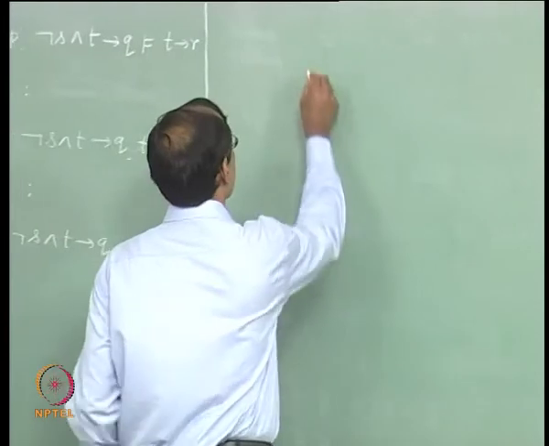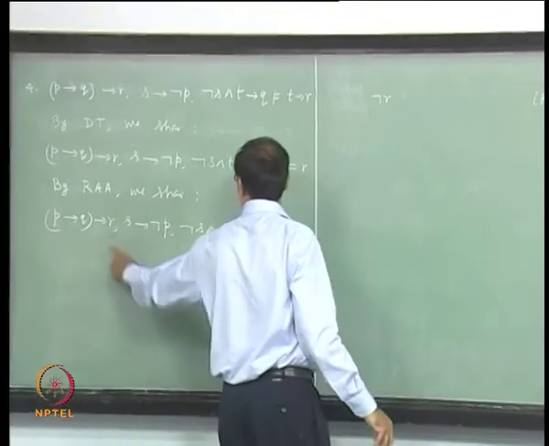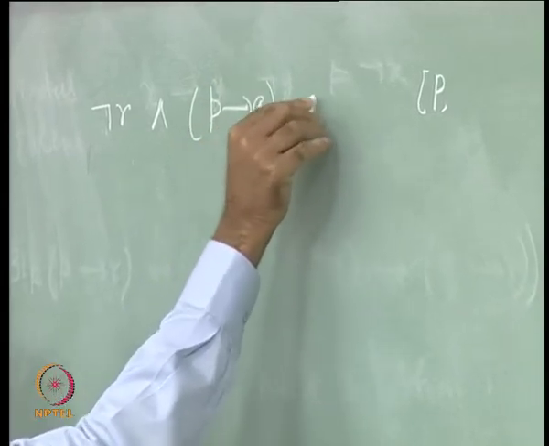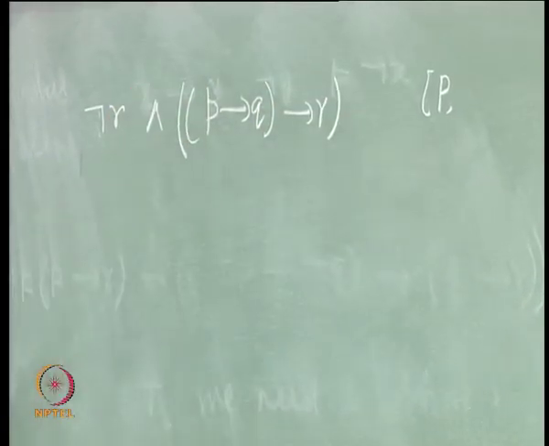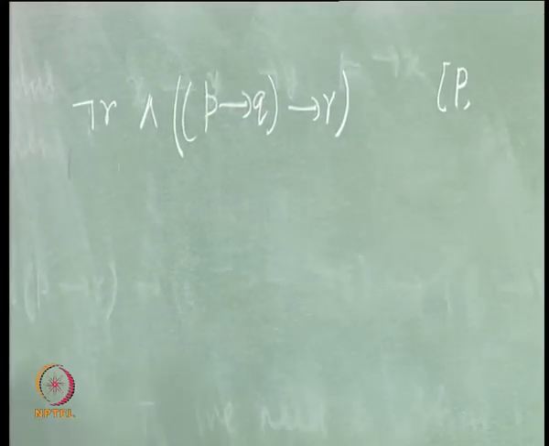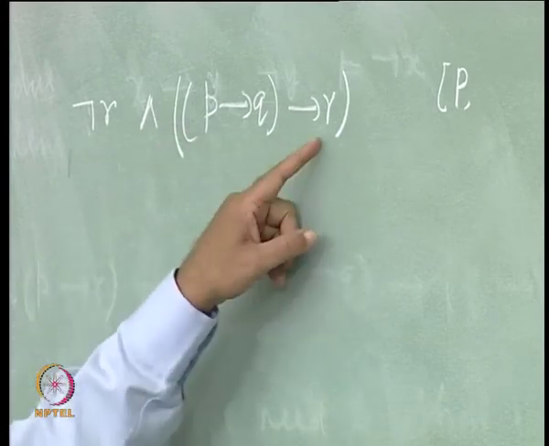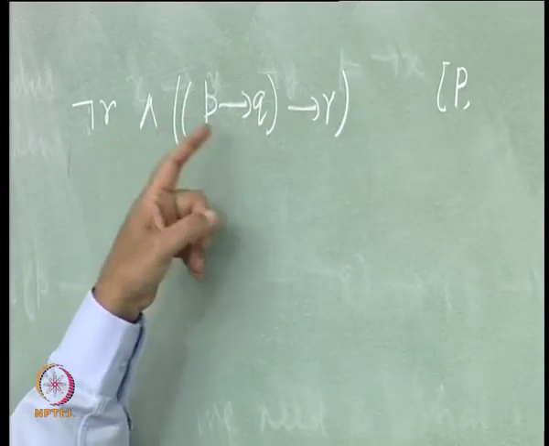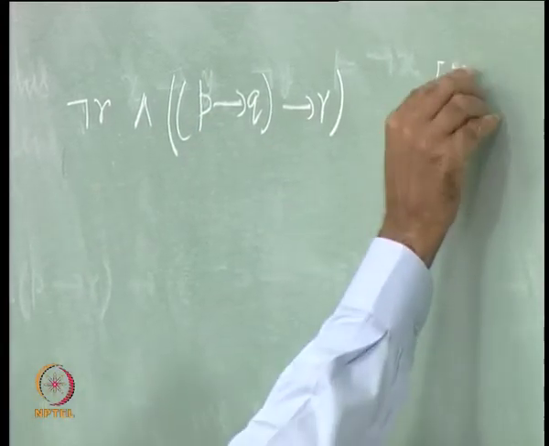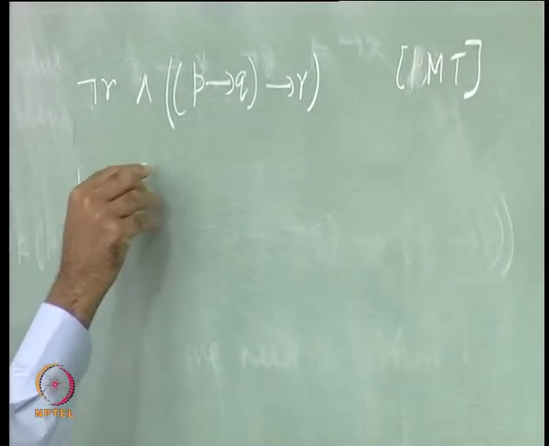So, let us start with not R, which is a premise, and then add also P implies Q implies R. Okay. In the first step, you need not write premises, because anyway you have to start with premises. Okay. So, two premises we have taken. Our plan is to use modus tollens: not y, x implies y gives not of x, fine. So, let us write modus tollens, which gives entails negation of P implies Q.